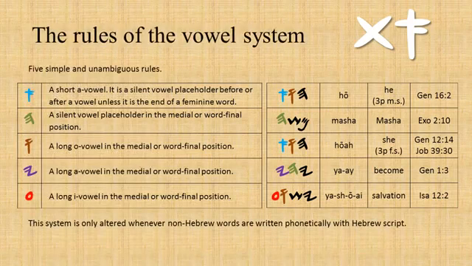Now let's go over the rules. According to the method described at the end of Part 1, the vowel letters in Hebrew are easily and immediately recognized as vowels in the text whenever they are not the first letters of a word. The only exception to this rule is the letter Ah.